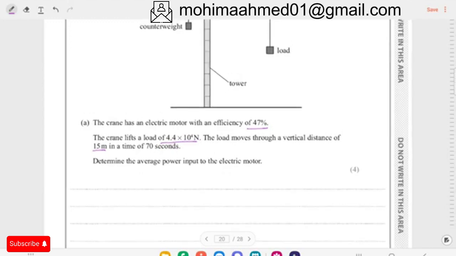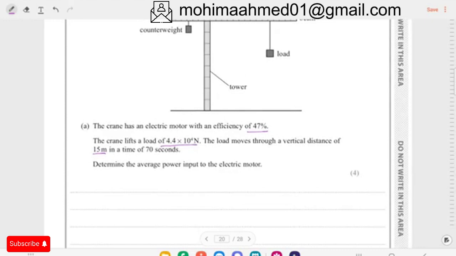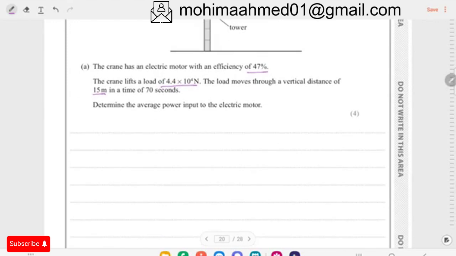In order to find out the efficiency, determine the average power input. Okay, so now they have already provided you the efficiency, right? So if you do not have the value for your total power input, that's fine. You can use this efficiency to find out the total power input. So let's find out the power output in general. So power output would be